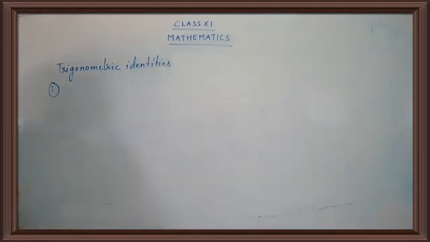What was it? We started with cos(alpha plus beta), then cos(alpha minus beta), sin(alpha plus beta), sin(alpha minus beta), tan(alpha plus beta), tan(alpha minus beta). Okay, let's see the identities over here. So you have to remember the formulas. If you know the formulas, if you have any value, you can just substitute in the formula. That is, you're just going to put the values in the formulas and you're going to get the required answer.